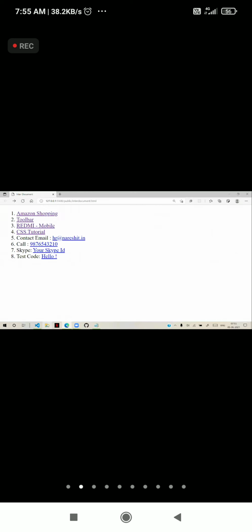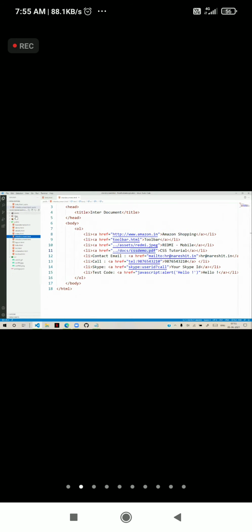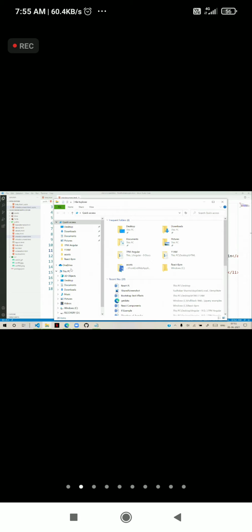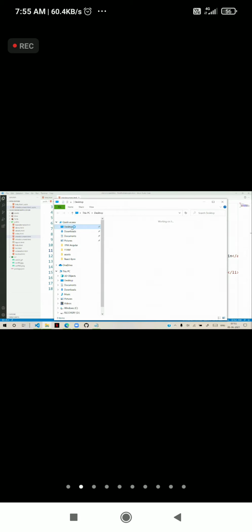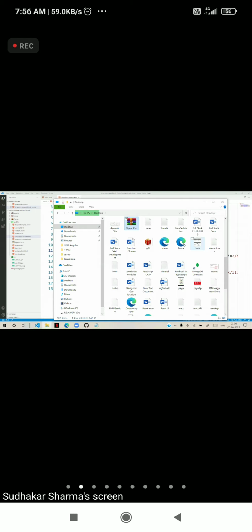Suppose in the assets folder I am creating a docs folder, in our project. Into that folder, I will copy some full stack demo document.